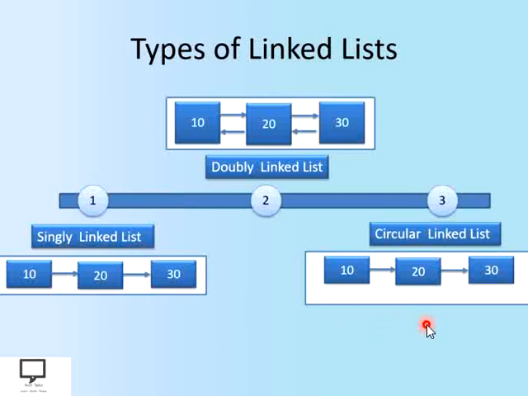Now just observe what I am doing on this slide. Here you can see that I am showing you the thing like this. Here we are saying that this last node, this is called a node, and I am going to explain all these things in detail in my next video, but for the time being just keep in mind this is a node. This last node is connected to the first node circularly, so that's why this is called a circular linked list.